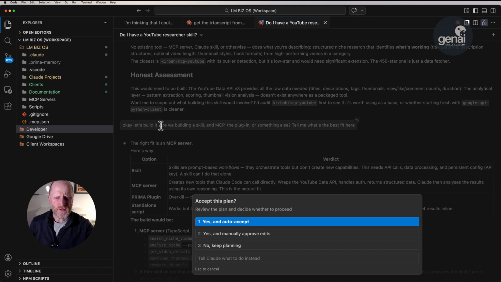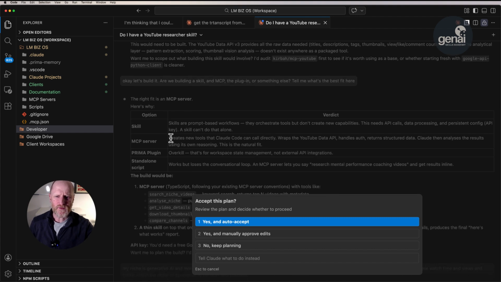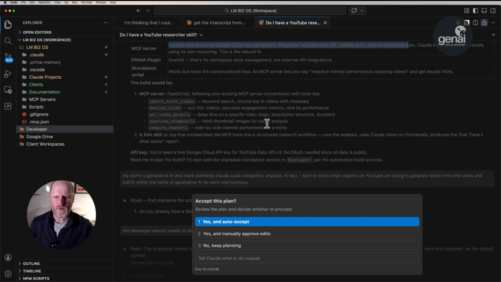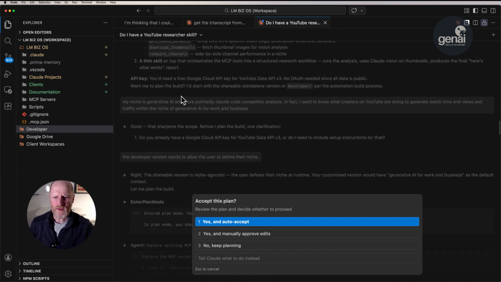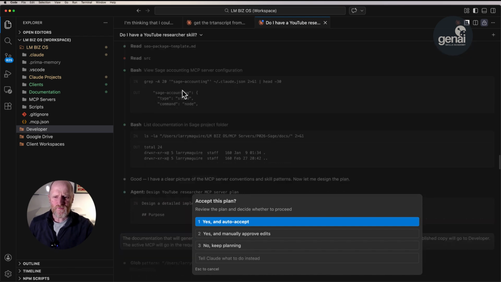Then I wanted a bit of feedback on whether we're building a skill, an MCP, a plugin, something else. It gave me some options and basically said an MCP is the right way to go because it wraps the YouTube Data API, handles the authorization, returns the structured data, etc. So good stuff. These are some of the things it needs to do. Fast forward,